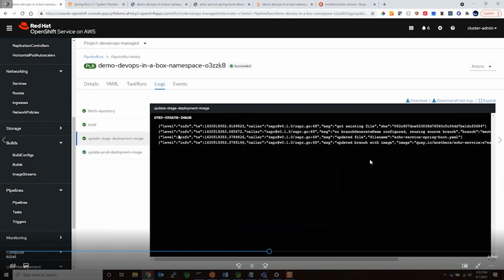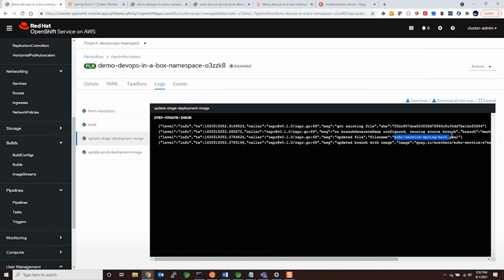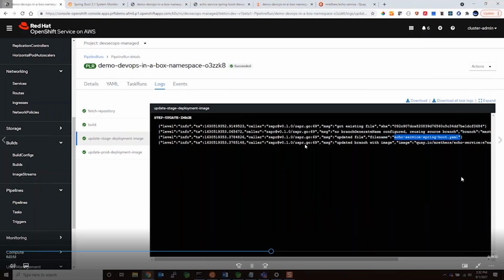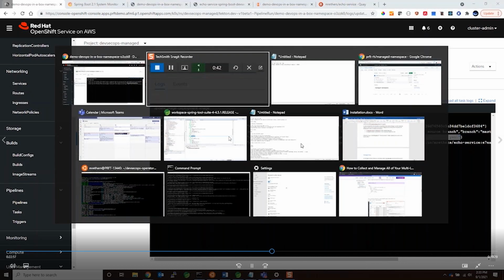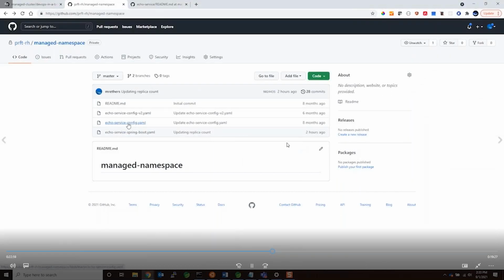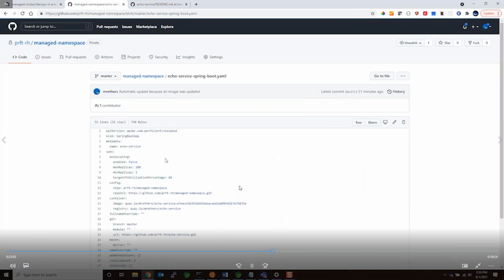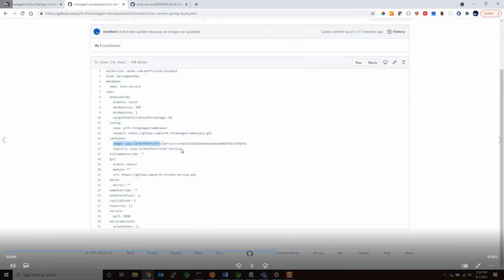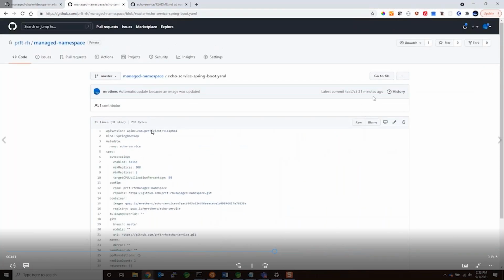And then the next stage actually went and updated our YAML configuration in GitHub. Right, that Spring Boot YAML that we were looking at earlier in GitHub. It automatically went and updated the image tag in the YAML file, right? So you can see the new tag in there, E70. That's what we just built. So that got pushed to GitHub, and now look at this commit number, and we go back to our